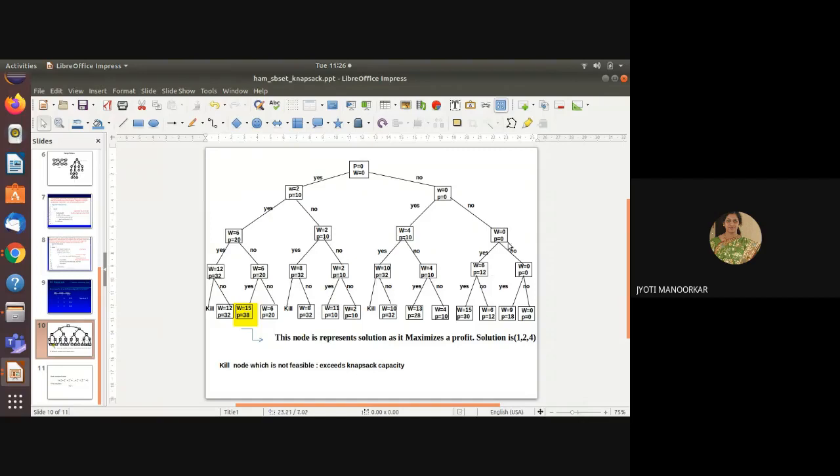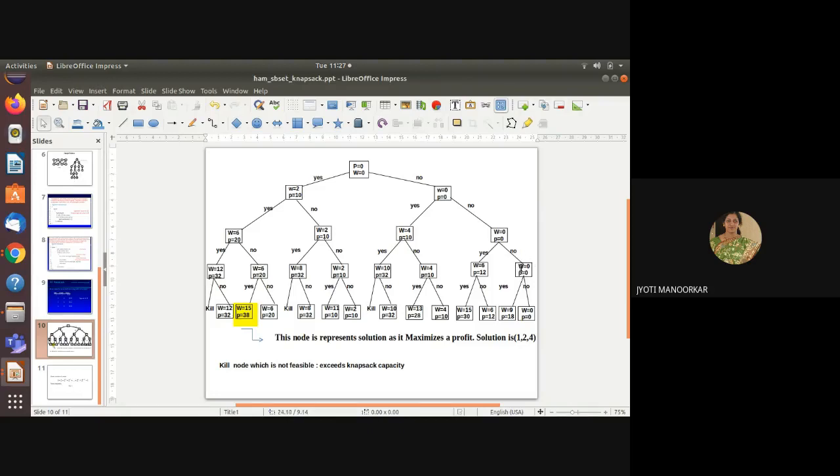Okay, so here I will get at this portion, this represents we are not considering the first element, that means we have not included first element, then we have not included second element, but we have decided to include a third element. Okay, so W is equals to 6 and P is equals to 12 we will have. Then at this point, every time before actually including the element, you have to check it with the remaining capacity of knapsack. Okay.